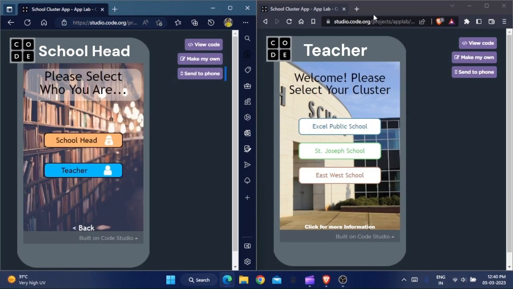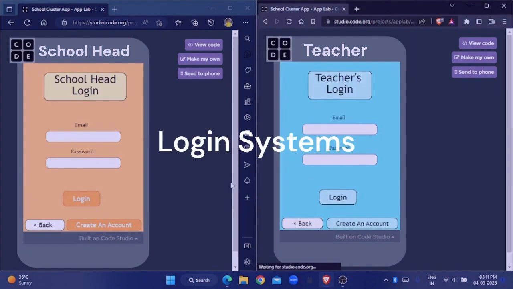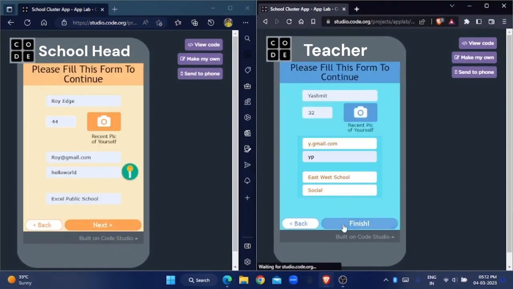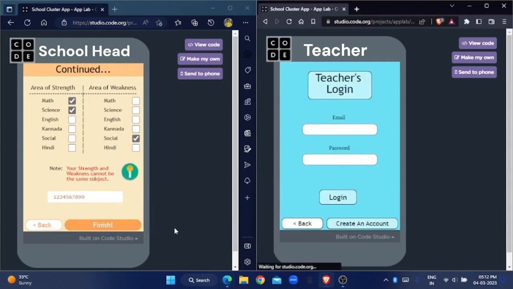We thought that we could create an app that will enable schools in a given cluster to get the benefit of listening to the best teachers within that cluster. The app works by grouping schools within a 25 to 50 kilometer radius, all affiliated with the same education board, whether that's CBSE, ICSE, or the state board.